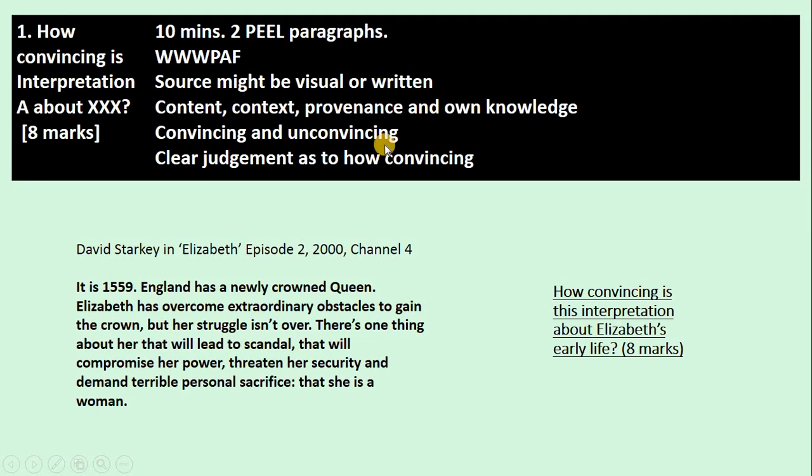Sometimes it's a bit harder to come up with unconvincing, but you can just think about the emphasis that is being put on different parts of the history. In this case, Elizabeth's early life. Where is there an emphasis? Is it overemphasized? Or is there something that has not been considered that you could then use as an opportunity to really showcase your own knowledge? Once again, pause at these different questions and have a go at answering them. Practice, even if we said you're not answering them, you're still practicing with 2 points for your 2